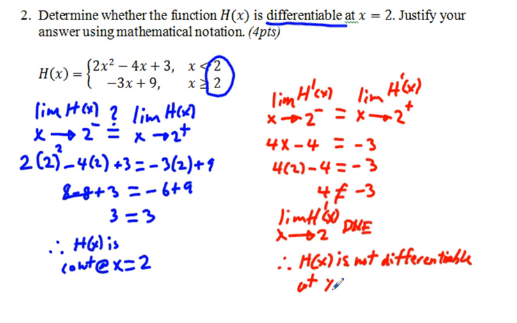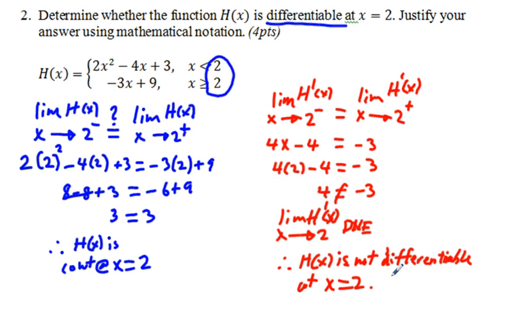At x equals 2. Now, I had one of my students, Elizabeth, who worked out the right side first and found that the slopes were not the same, and that the limit did not exist, and therefore this function was not differentiable. And so I ended up, after considering, giving her full credit, because she did prove that the function was not